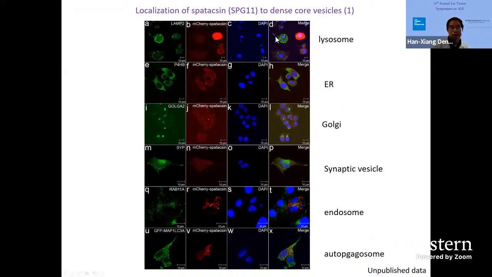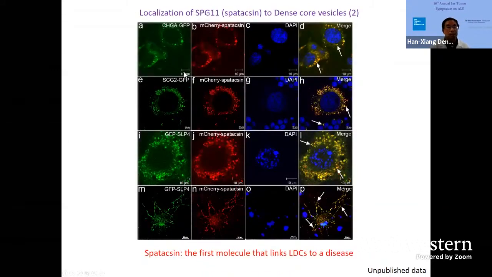It's not a lysosome structure. This is the protein spastin labeled with mCherry, and we can see if they are colocalized. Obviously, it's not, and it's not colocalized with the ER, not colocalized with Golgi, not colocalized with the synaptic vesicle, not colocalized with the endosome and the autophagosome. They're not colocalized. But when we test it using the large dense core vesicle markers, you can see this CHGA is